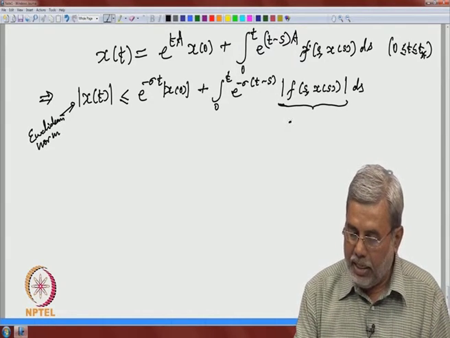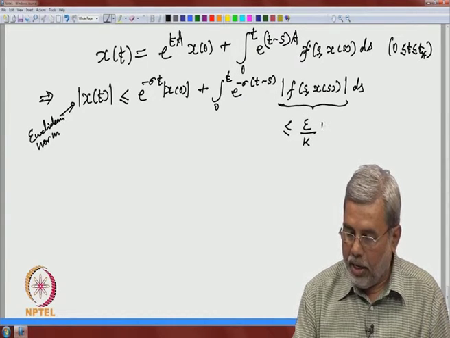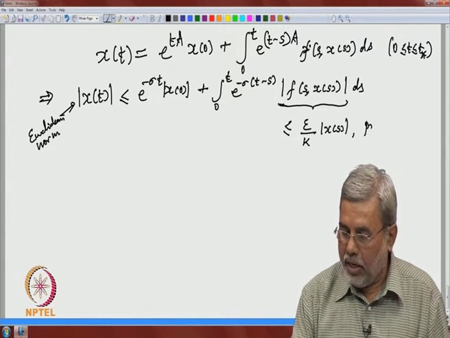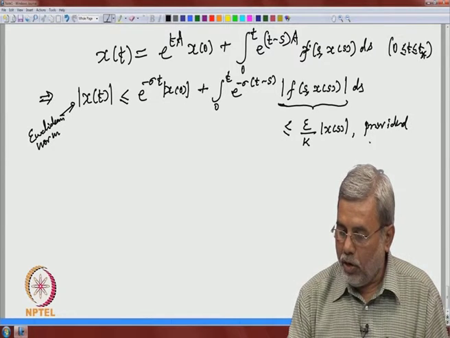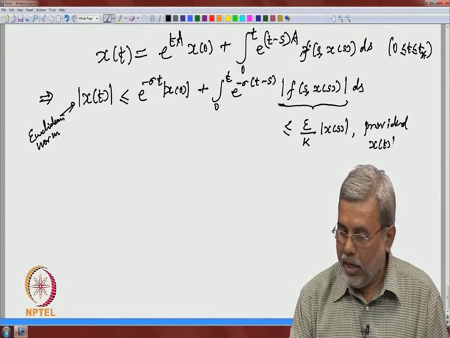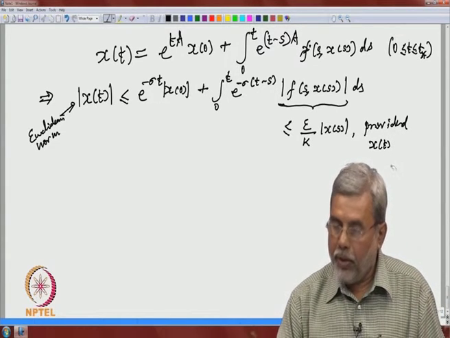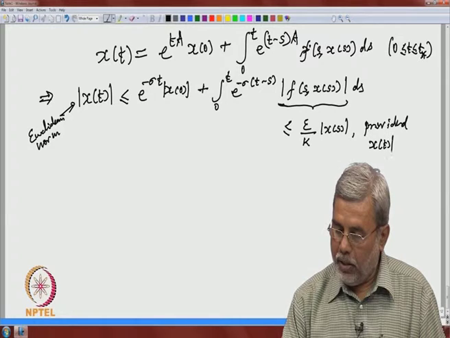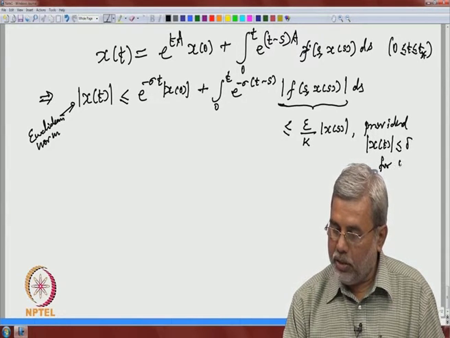Okay. So, this is less than or equal to epsilon by k times the norm of x(s), provided the norm of x(t) is less than or equal to delta for 0